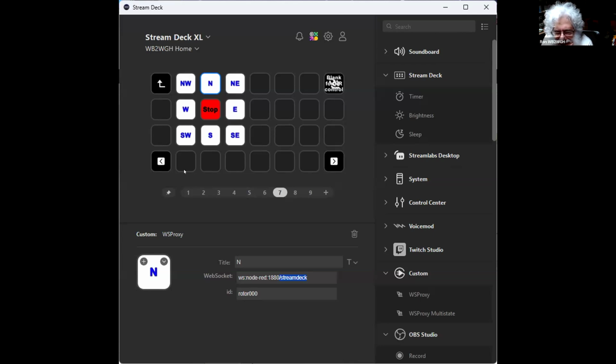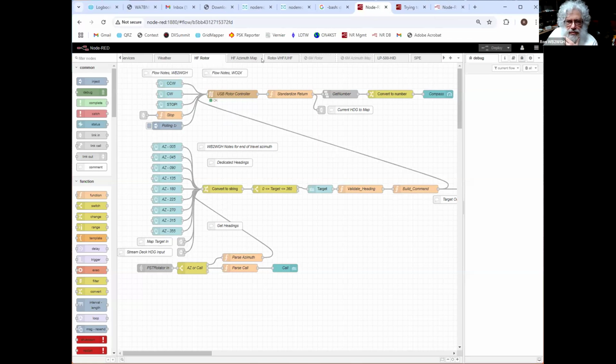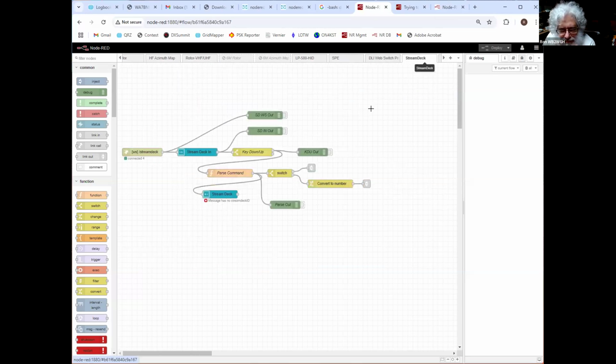Is everybody comfortable with that now? Yep. Okay, so give me a second, share, and here. And let me go to the Node-RED flow, or the Stream Deck flow. Okay, so